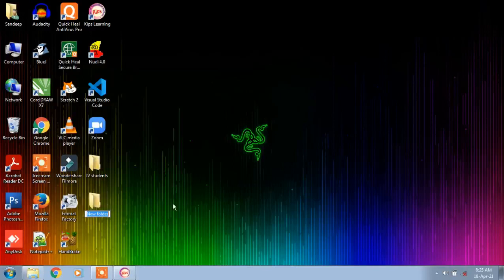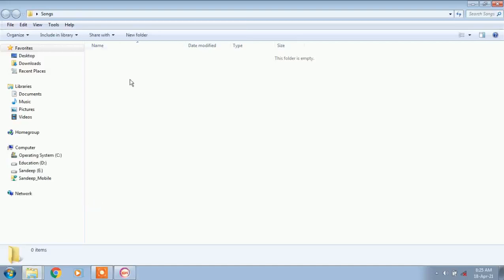Now just type a new name, for example songs. Then press the enter key, and the folder gets created. To open this folder, just double click on it, and the folder opens. In this area you can save your related files.